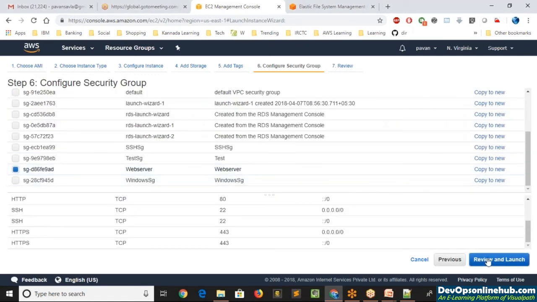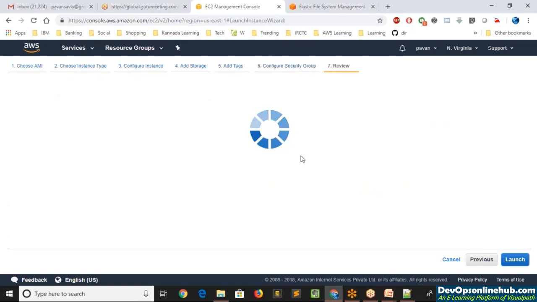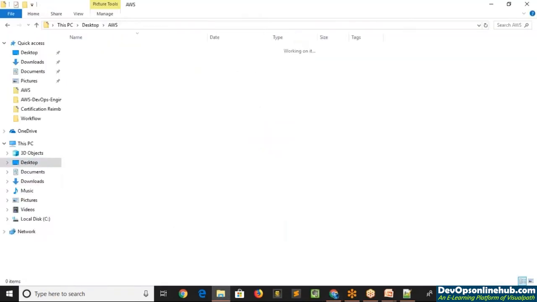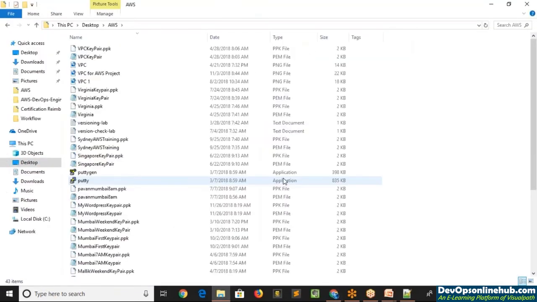And while review and launch, I just need to check which is the key pair that I already have in my machine. Right, so quickly review and say launch.